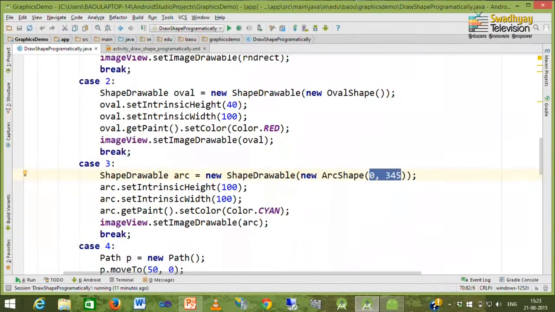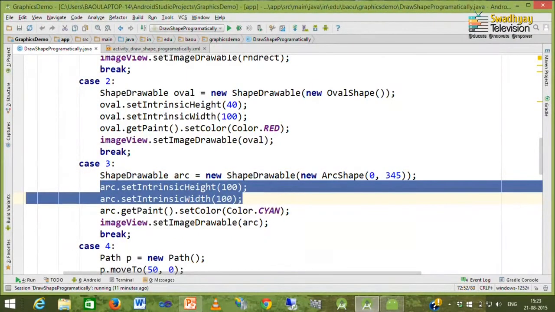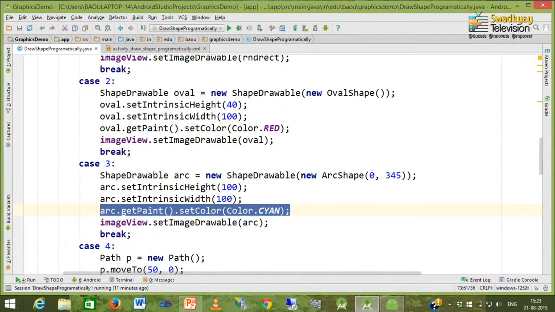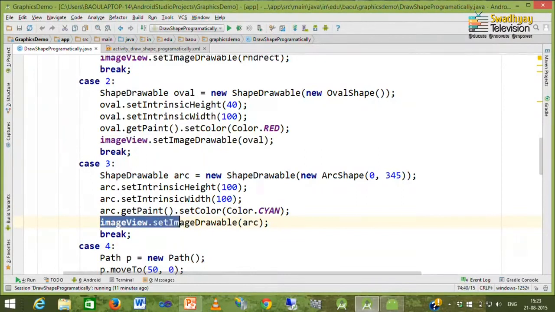You can vary this angle to draw different types of arcs. Next two lines specifies height and width for arc, and these lines specifies color for our arc, and finally, we fetch this arc inside image view using set image drawable. So, this is how you can create arc.